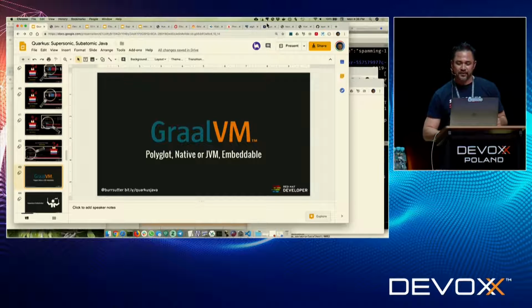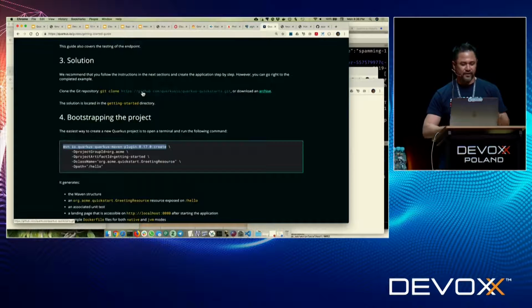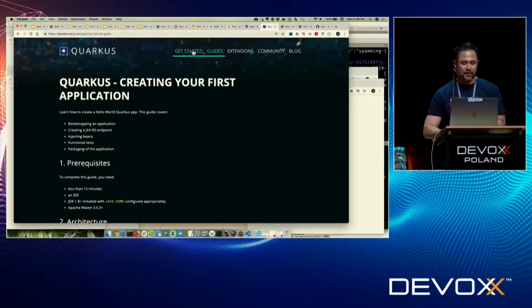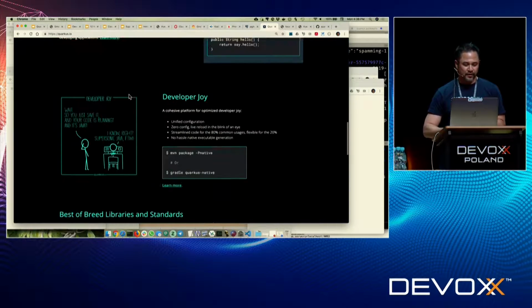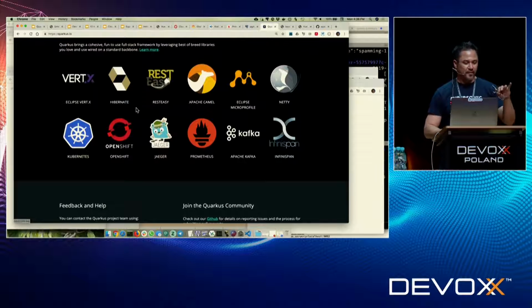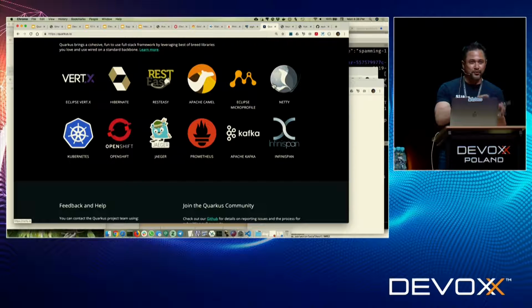The primary difference between regular old GraalVM and what we've done with Quarkus is all related to these frameworks and APIs that we brought forward. If you look here, you'll see things like Vert.x, Hibernate, Kubernetes capability, things like the Kafka clients I just showed you. Things like that have made it into this native executable world, and that's what we've been working on. We also welcome you to come contribute extensions like these as well. If there's a library that you love, we have a whole guide showing you how to migrate it to this new native world, which could be very powerful for what you might need to do.